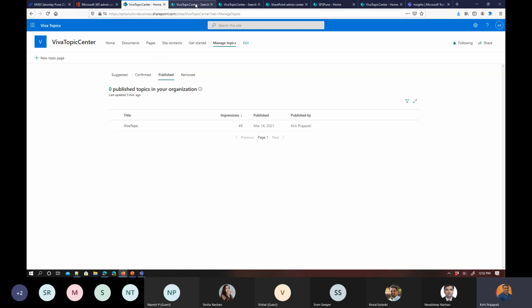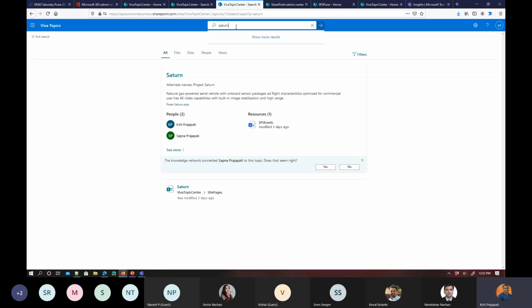So how will it look when you are searching? Let's say, for example, I want to search for Saturn. In the Microsoft 365 search, you just type in Saturn, and your Viva Topic will automatically create a card for you. So this is the card I was talking about. In this way, you will have all the information. So if I open the Saturn,